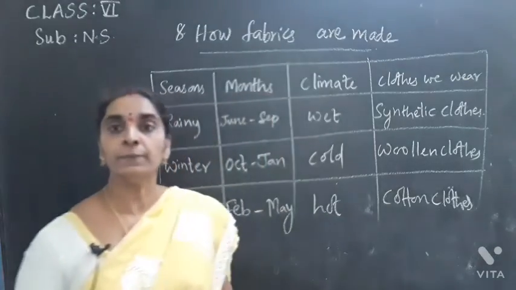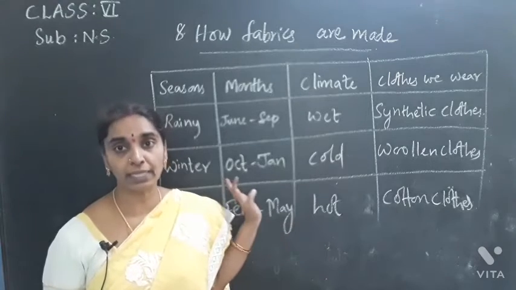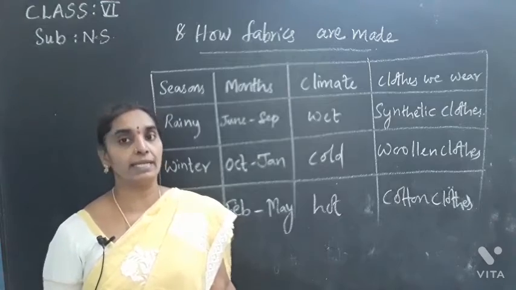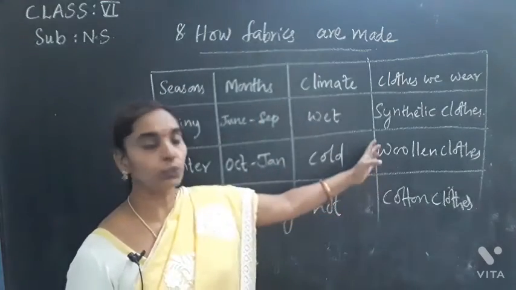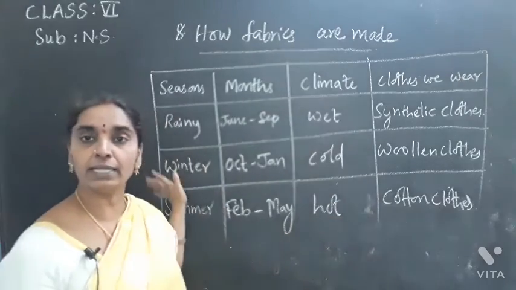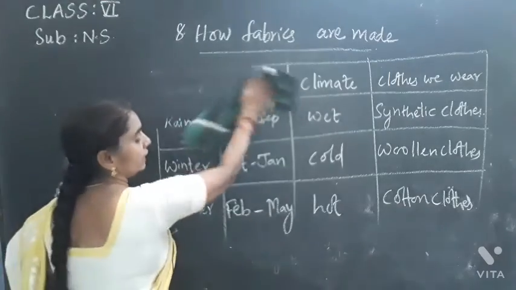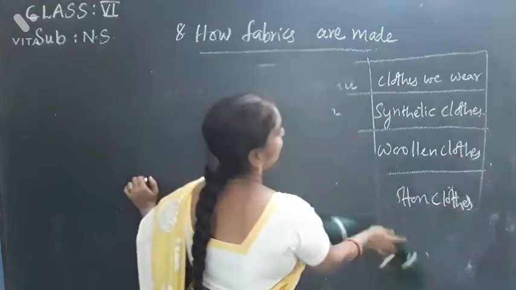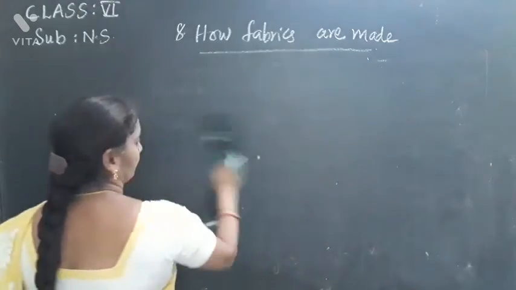What are clothes, children? Clothes act as a protective shield against the various climatic conditions, and you also know that they act as the symbol of beauty and status, isn't it? And now coming to the types of clothes. You have said that there are different types of clothes that we wear in different seasons, and also the selection of the fabric depends upon the choice of the individual, personality of the owner, and also our purpose. The property of the fabric mainly is considered when we select a type of fabric.